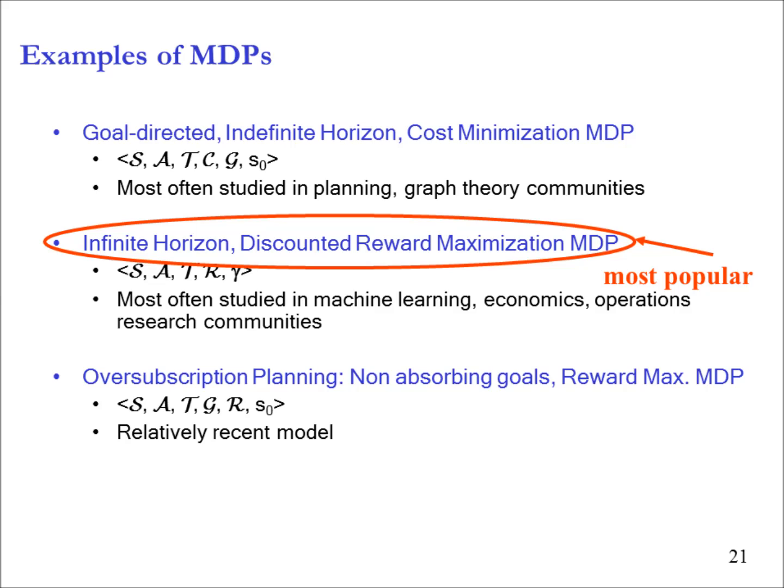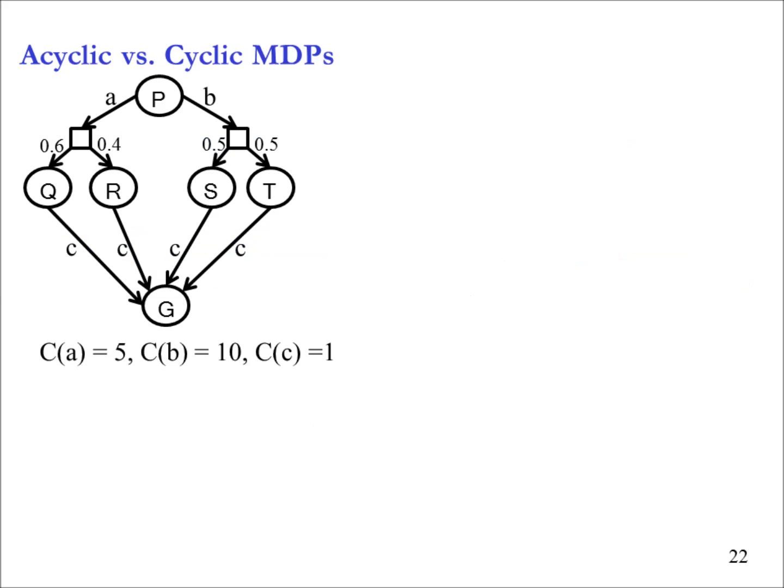Now, why is this tricky? This is, I think, a very interesting point, and I would like thinking caps on. This is an acyclic MDP, which means, forget what it means. Let's look at the problem. I'm in state P, and Q, R, S, T are other states, and this is the goal that I want to reach. I could take action A here: with 0.6 probability I come here, with 0.4 probability I come here. Similarly in B I can come here with 0.5 probability and come to T with 0.5 probability. From any of these states I can take action C, which costs 1 and gets me to the goal. Action A costs 5, action B costs 10.